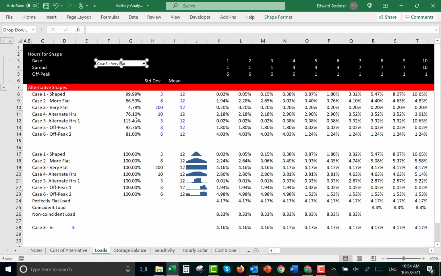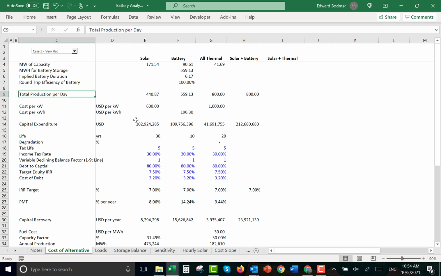Now, what we're going to do is work through the cost. What's the capital expenditure or the capital cost? What are some characteristics of the battery in terms of life, in terms of degradation, and even taxes and cost of capital to come up with what's the carrying charge. This is all going to be changed as we make the video. And ultimately, we'll do this for solar and battery and then compare it to some kind of all thermal, whether